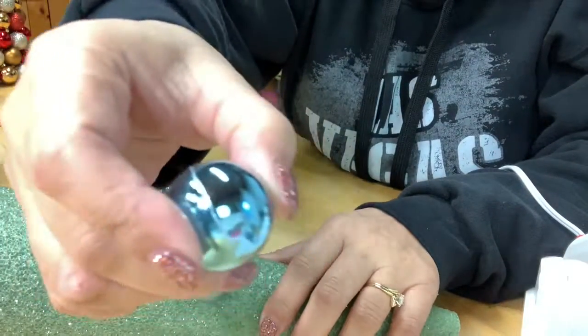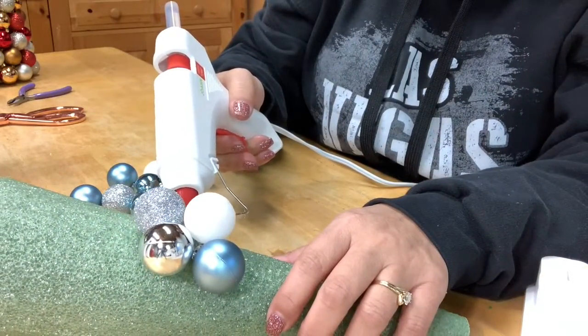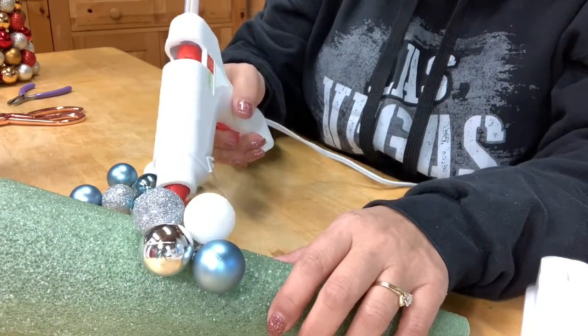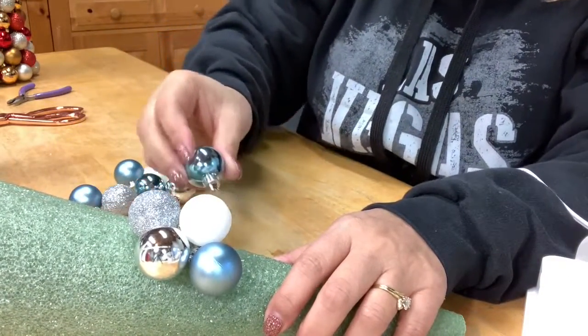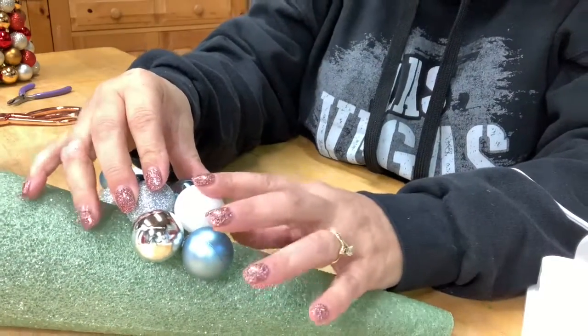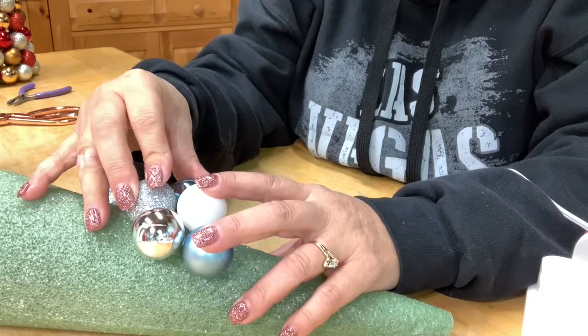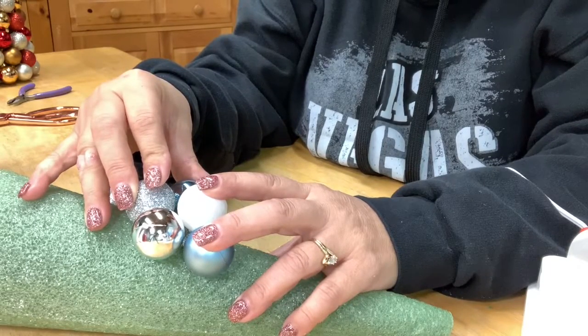This one's really pretty too. Look at that. I really, really, really like the blue and the silver. I never used to, but I have really started to like those colors for Christmas. Reminds me of snow, I think. Not that I love the snow, but